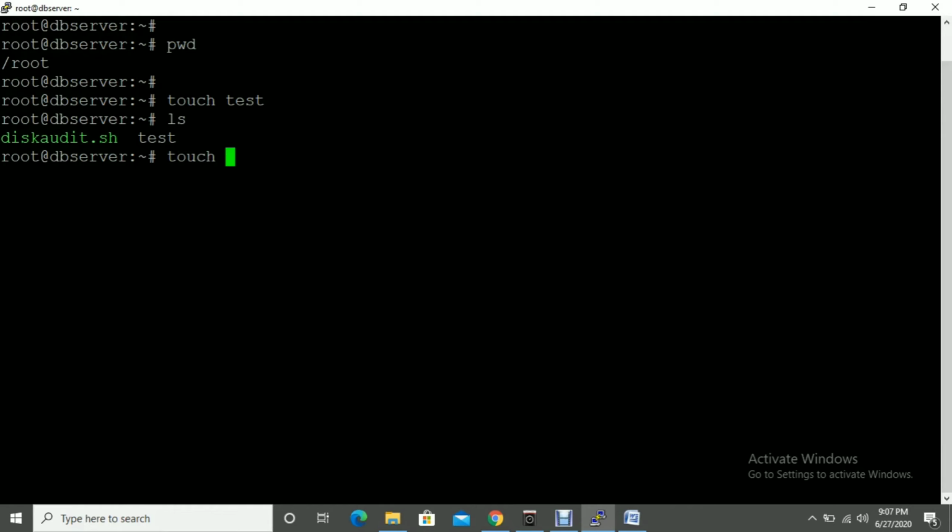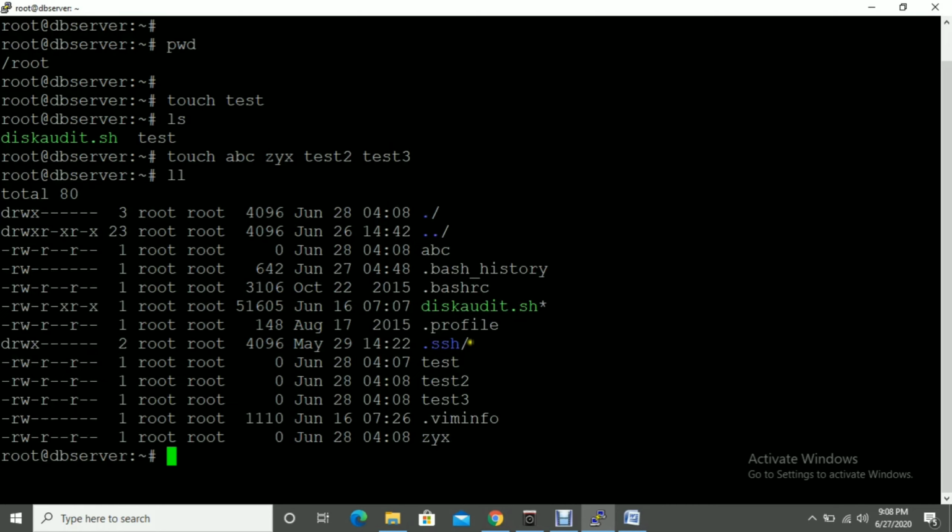I'm giving abc, xyz, test2, test3. Now let me run the ls command. You can see here abc, test, test2, test3 and xyz. So it's created. That's how you create files.